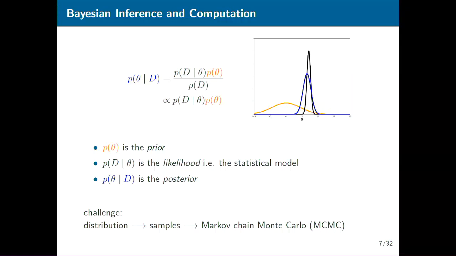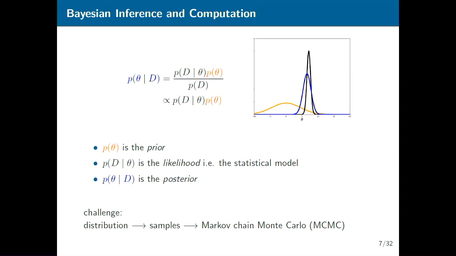There's some unknown quantity denoted as theta over here, which doesn't really matter if it's state parameters or latent variables. In Bayesian statistics, there's only really unknowns. You describe your uncertainty about it with what's called a prior in orange, which encodes your uncertainty and knowledge about the unknowns before seeing the data. When combined with the likelihood in black via Bayes' rule, where the likelihood is the statistical model, you obtain the posterior in blue, which is the unique way to reallocate probability mass that is compatible with your updated state of knowledge after having seen the data.